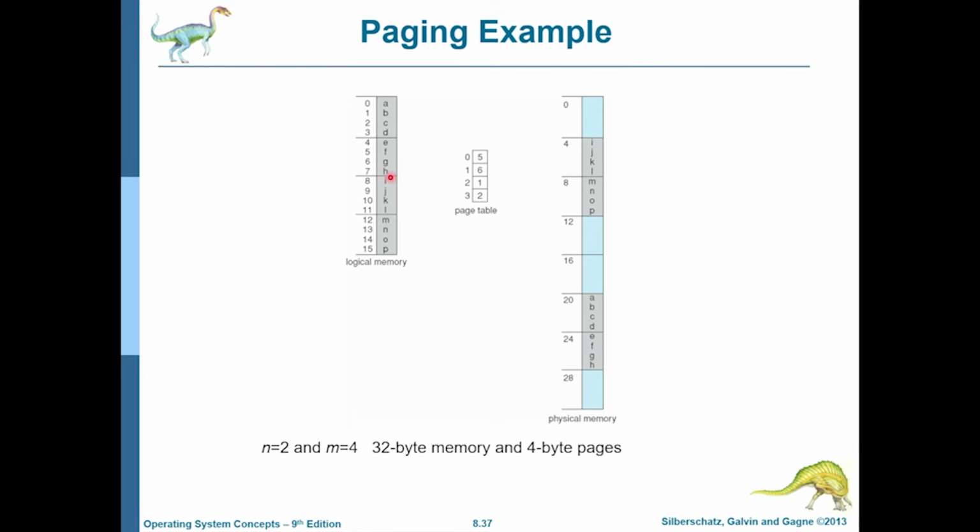Since the size of a page is also equal to the size of a frame, and that is 4, you multiply 5 with 4 and you get 20, which is the physical memory address of the base of that frame. Let's just do one more. Page number 3's frame number is 2. We multiply 2 with 4 and we get 8. And as you can see, the contents of page number 3, which is MNOP, is present right here in frame number 2, which begins at address 8, because 8 is equal to 2 into 4. MNOP is right there.